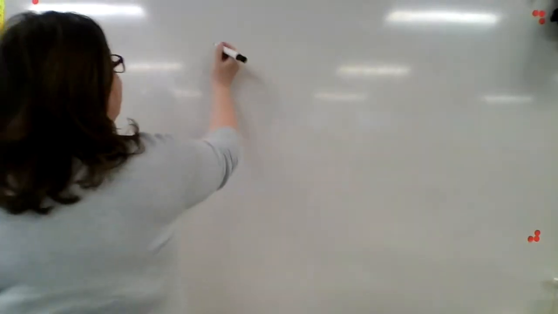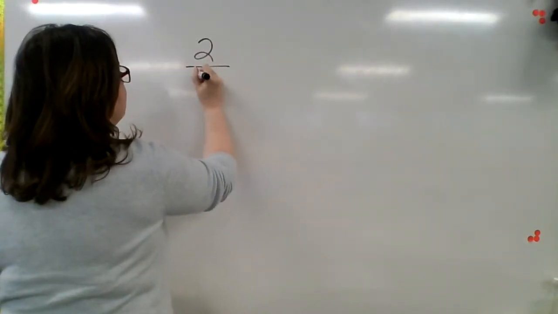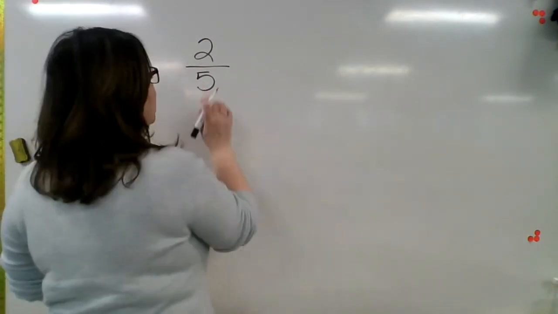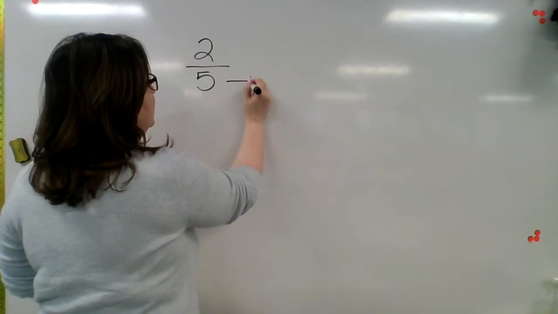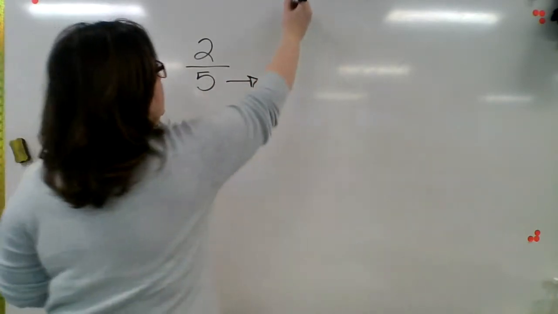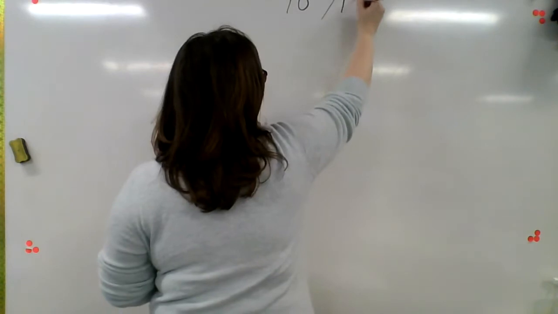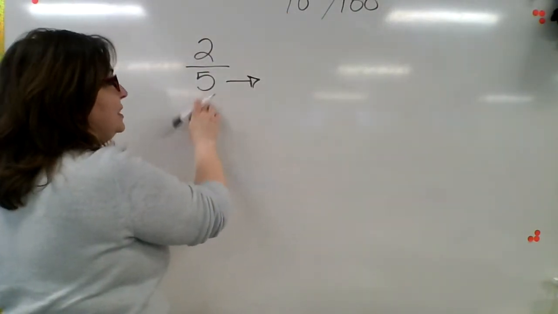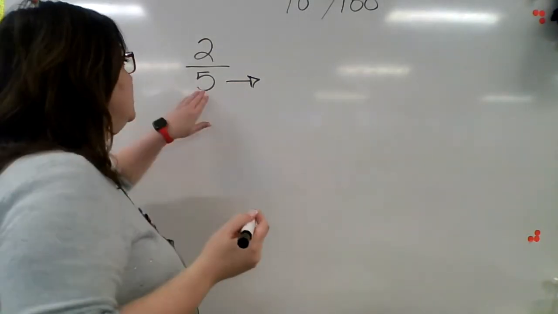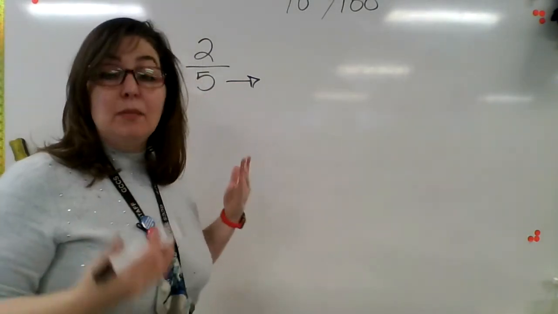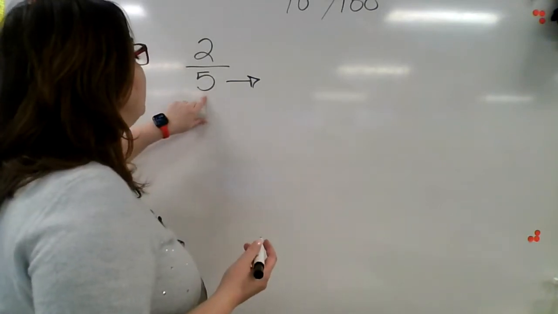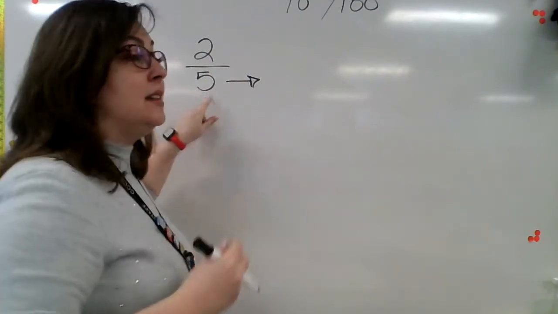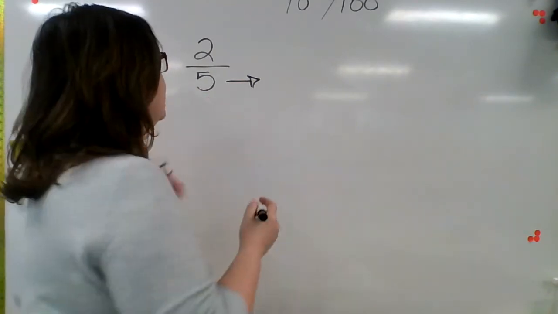So if I have the fraction 2/5 and I need to convert that into a decimal, what I'm going to do is try to change this 5 into the closest one of those numbers, 10 or 100. Well, 10 is closer to 5. So I'm going to think to myself, how can I change 5 into 10 by using multiplication? Well, if I count by 5s, I can count by 5s 2 times to get to 10. 5, 10. So 5 times 2